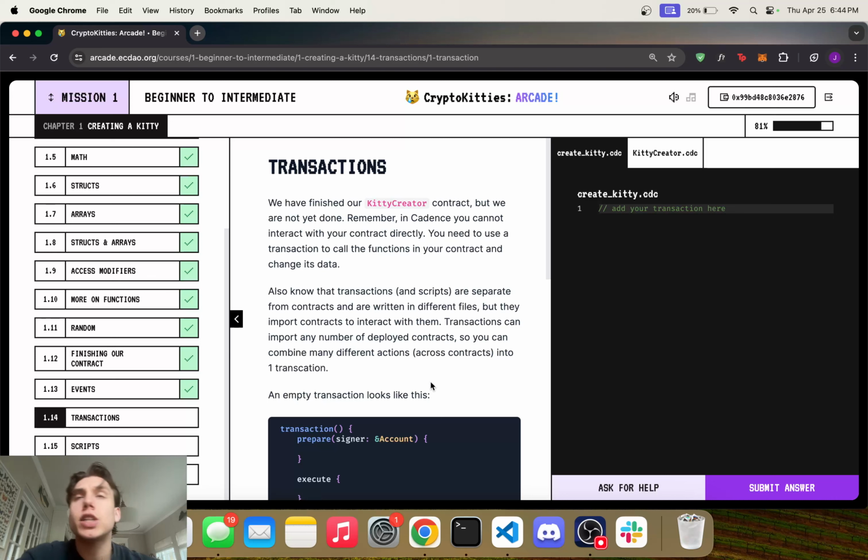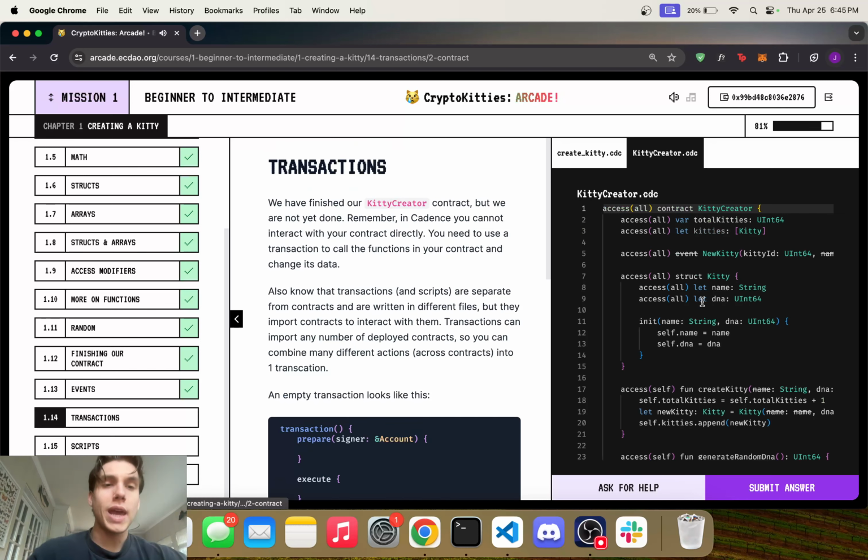On Cadence, it's actually quite different. So smart contracts are in their own .cdc file, their Cadence file. Transactions and scripts are also written in their own files. And so it's almost like transactions and scripts are the middlemen, where there's the person, like me, who wants to call into a contract. Then in the middle, there's a transaction and a script. And then on the other side, there's the contract. So it's sort of like this line where if I want to mutate something in the contract, I call a transaction, which calls into the contract. Or if I want to read data from the contract, I execute a script, which reads into the contract, okay? So that's kind of how that works.